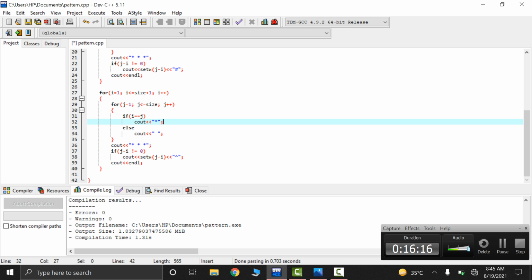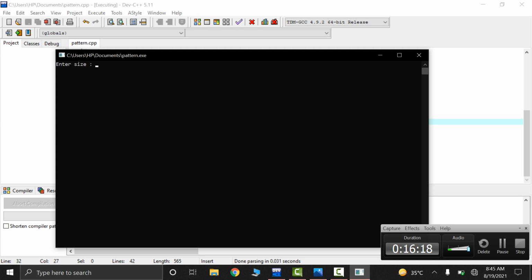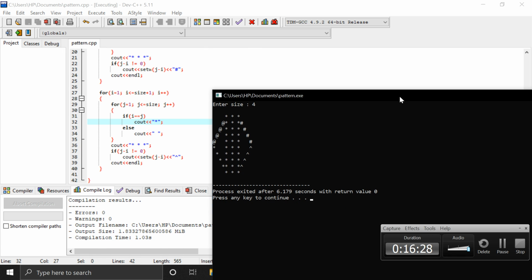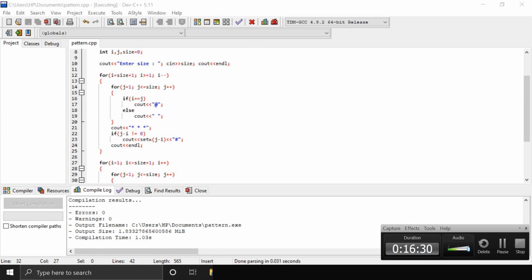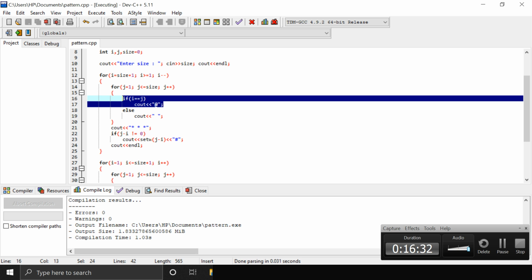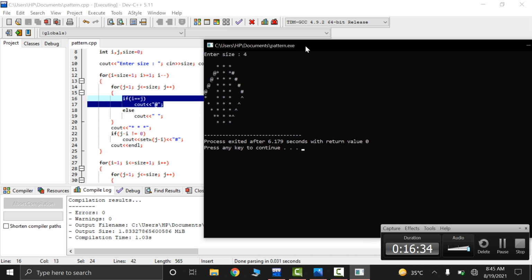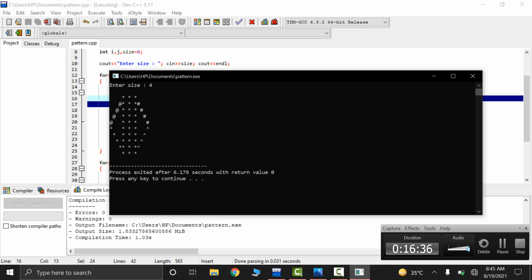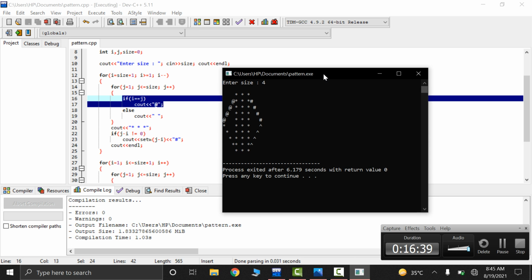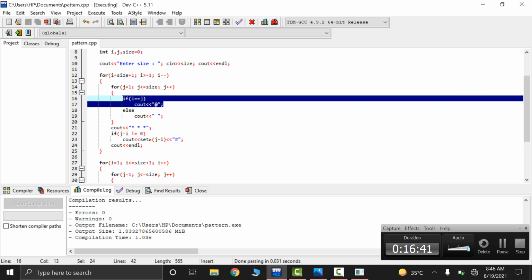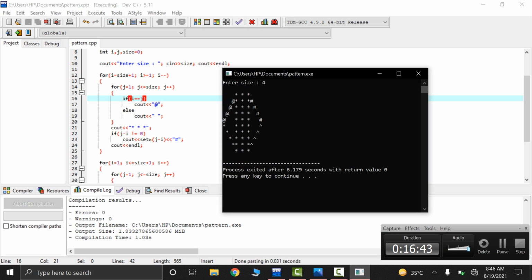Now I'm going to run it. I think it will work. I will make the pattern for 4. I'm going to give 4. So you can see here this line, as I told you, on the jth iteration, this line will